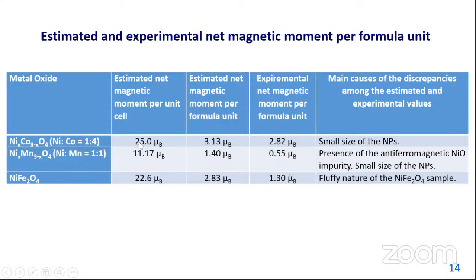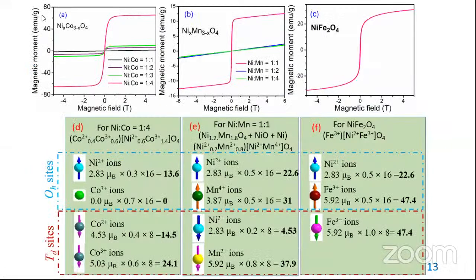Anyway, the objective of this work was to understand why, for a particular nickel fraction, we are getting superparamagnetic property, and why in some cases we are getting a high magnetic moment and in some cases a low magnetic moment. This type of research helps us understand which material we can use for which